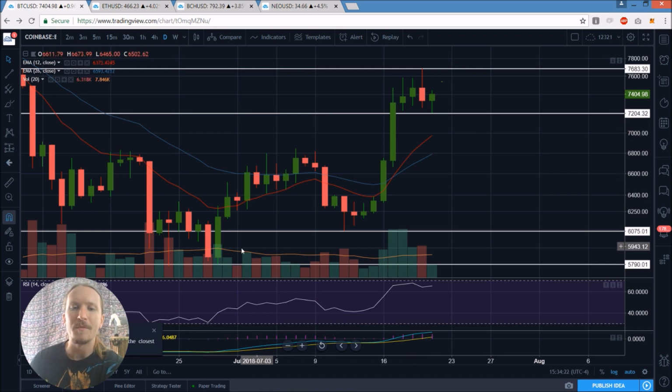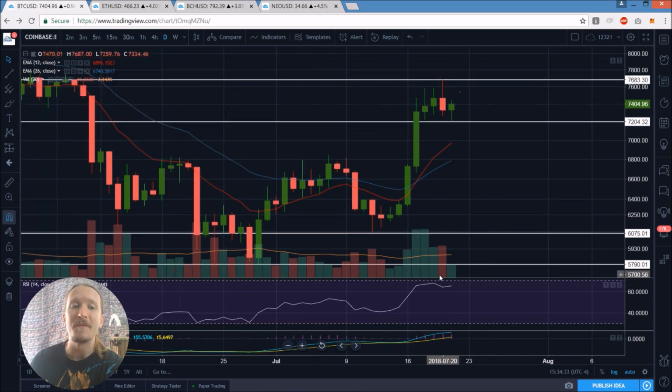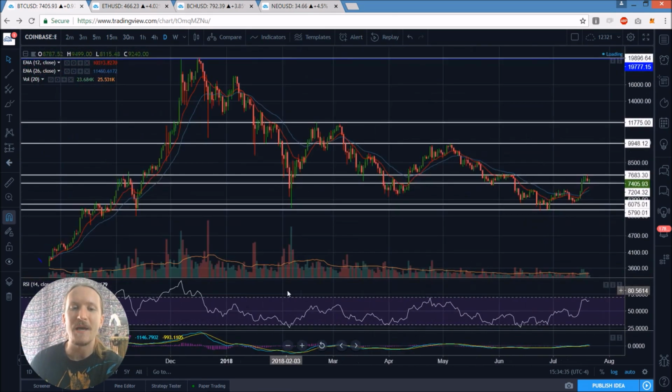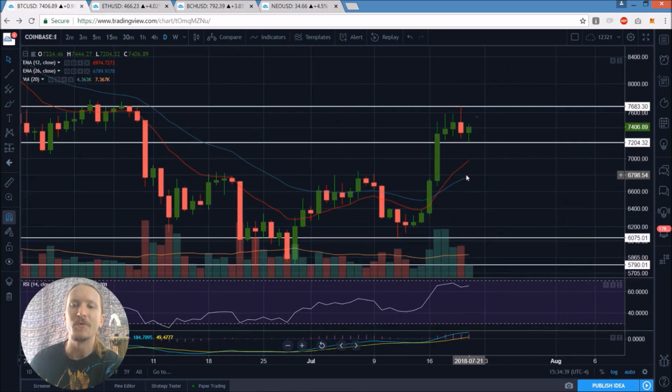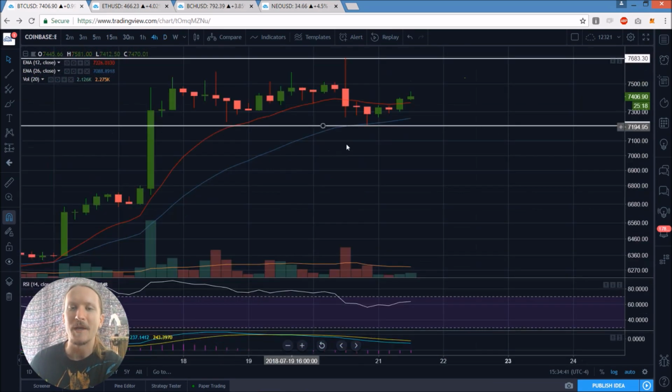So we'll look at that in just a moment, but want to just point out again, the exponential moving averages are catching up. The RSI is a little bit extended. If we were to form a bull flag and see continuation, that RSI is going to be above 70 for really the first time in a long time, the first time since those all-time highs, if we do get the bull flag. If we do not get the bull flag, it's going to be the potential bearish reversal head and